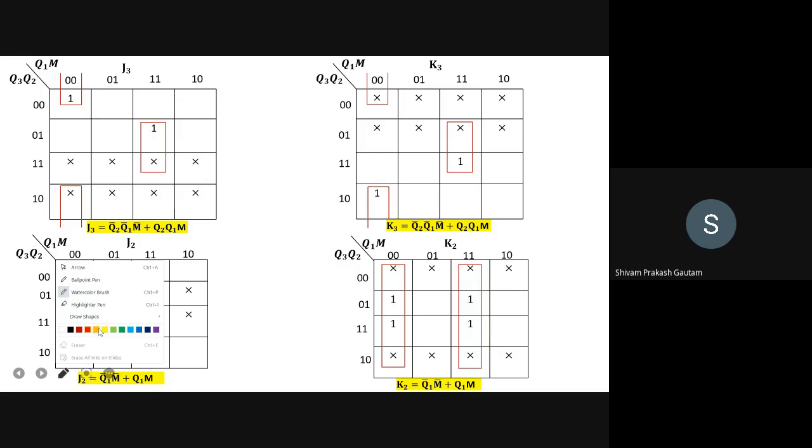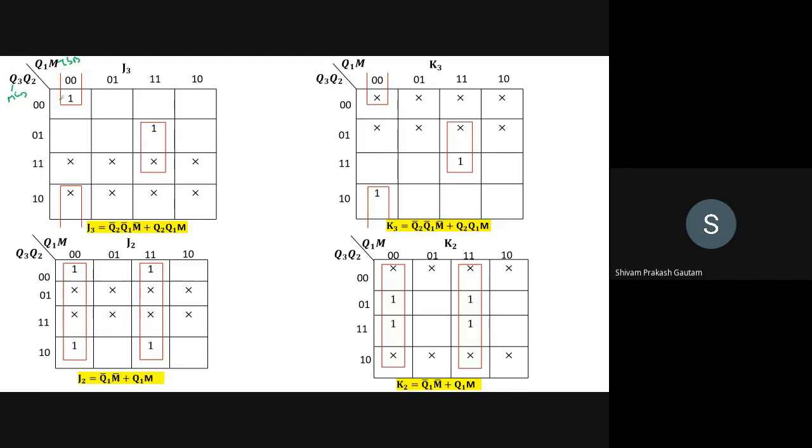So now when we have filled this table, what you have to do is the grouping. So this is the left out one. This has been grouped by this, and just see here, this Q3 is represented by MSB, and Q1 is LSB, and the M, mode, is also there.